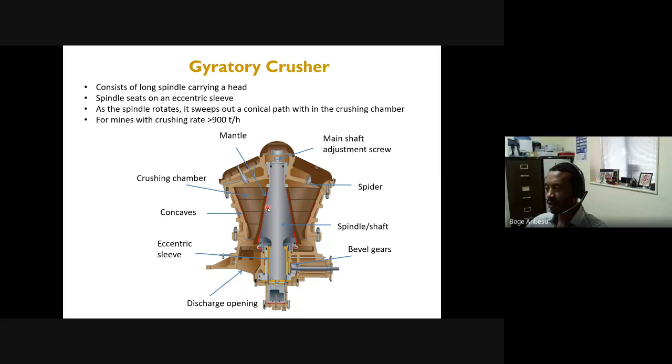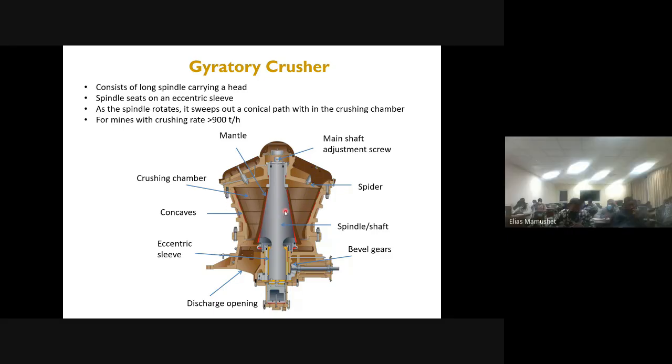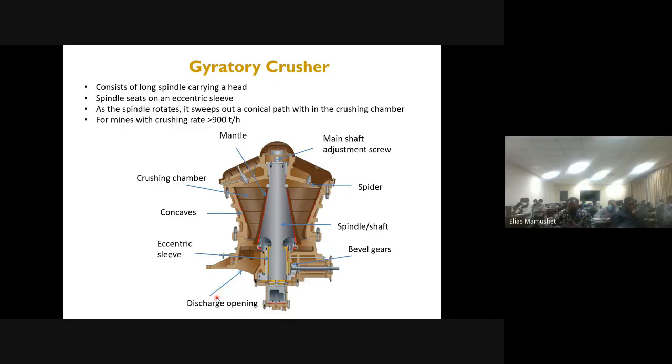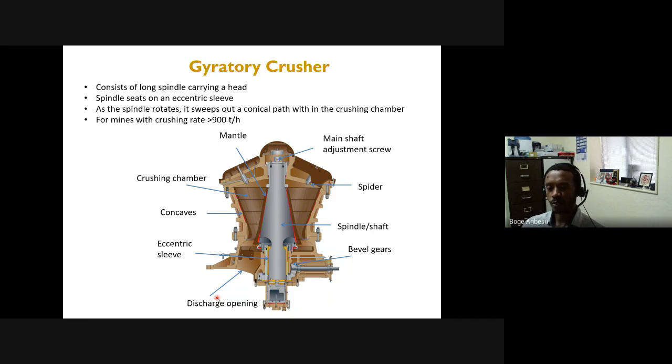So it smashes the rock against the wall, and again, as it moves this way, it crushes the rock against the wall again, and basically by moving like this, it ends up crushing the rock, and once the rock is small enough, it will pass through and will be discharged. So slightly different from how a jaw crusher operates, but essentially similar forces applied. So in both jaw crusher and gyratory, we apply a compression force, just gentle enough to crack the rock and produce few particles. So the main difference between the jaw crusher and